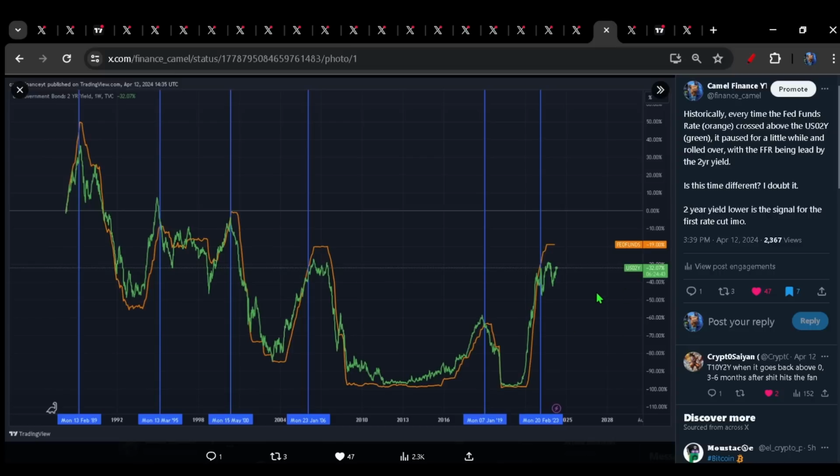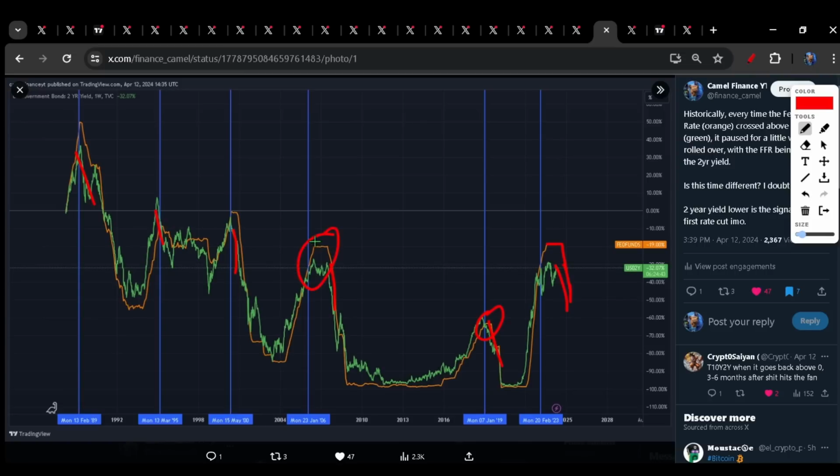Something else that I've been using as what I term the signal for incoming rate cuts is the 2-year bond yield. I've been pointing out that the 2-year bond yield tends to lead lower, and if we see this occur, it tells us to expect the onset of a Fed cutting cycle in the not too distant future. We saw it in every other case. And for those of you that know your market history, you know that the stock market tends to top and suffer a significant downside period within the first 0 to 2 rate cuts. It was the same here as well, of course, back in the dot-com bubble.